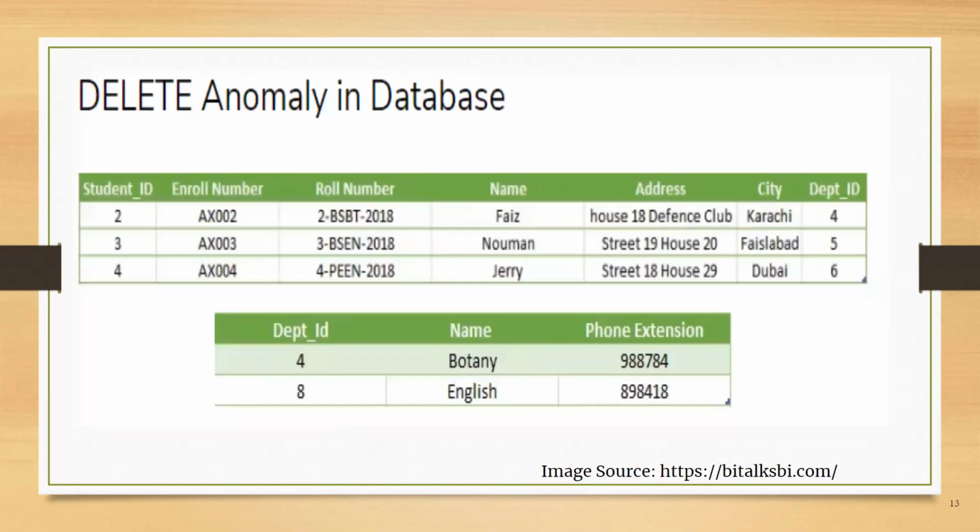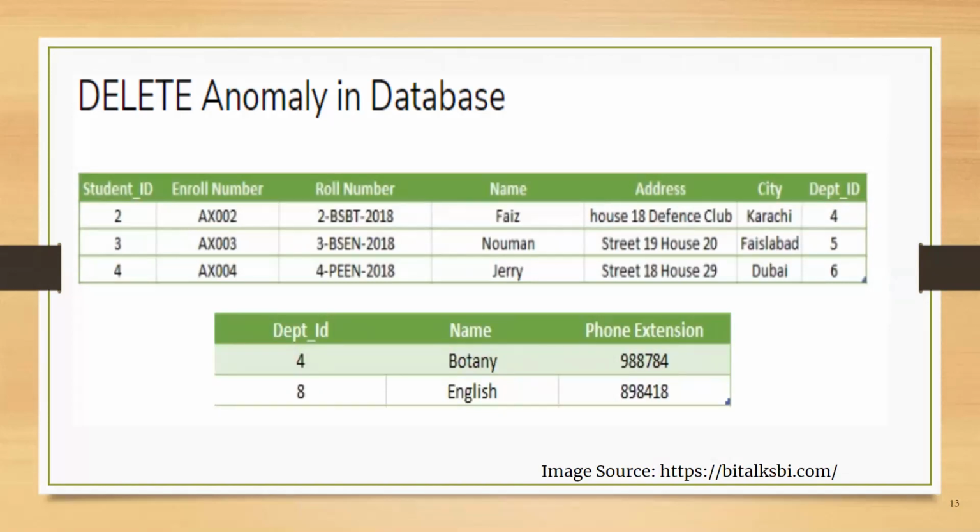Next we have delete anomaly. When I talk about delete anomaly, it usually occurs when you delete a record that may contain attributes that shouldn't be deleted. Let us say someone decides to delete the department that is botany. It may end up deleting all the students' data who had the department botany. So here we can say that deletion of some attributes will cause the deletion of other attributes as well. Because the botany department will have student data associated with it, and since there is no primary key and foreign key relationship here, if I delete this department, all the records of the students will also be deleted.